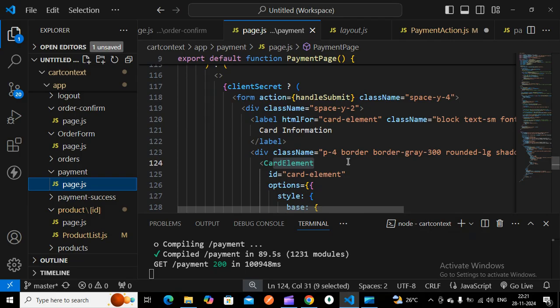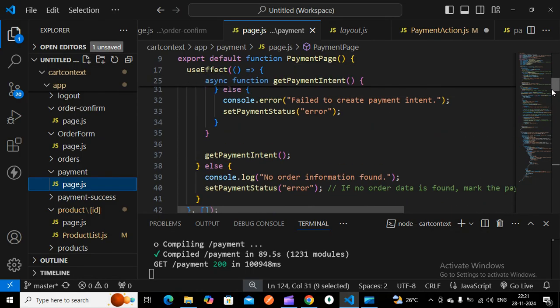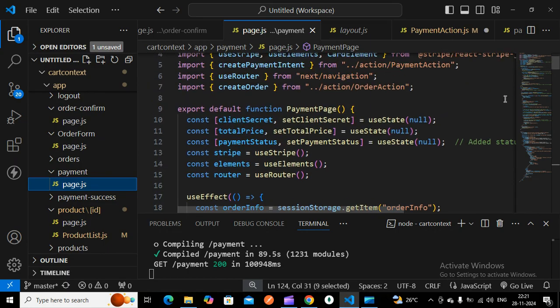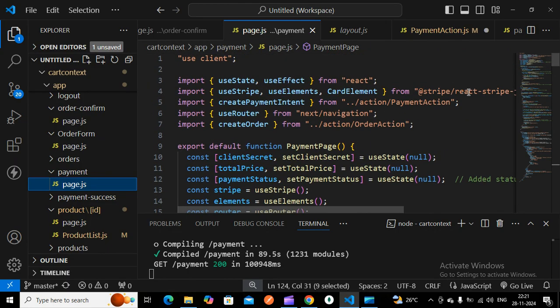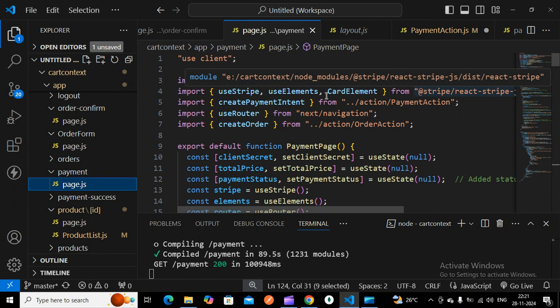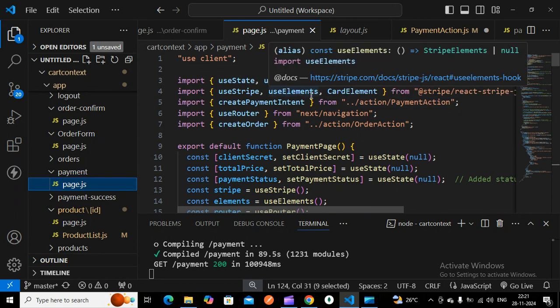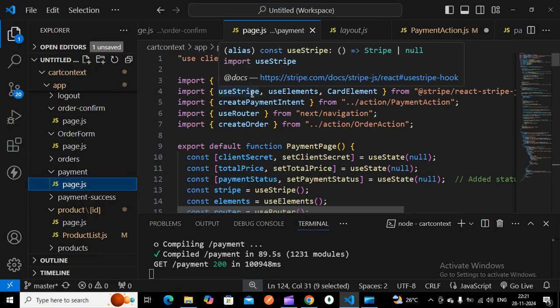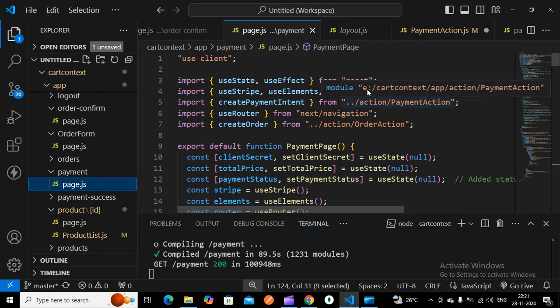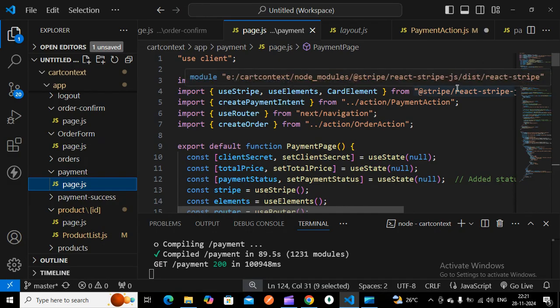The card element we will be getting from this particular library called react-stripe. Here you will be getting useElements, and also you will be getting the useStripe method and CardElement. These methods are from react-stripe.